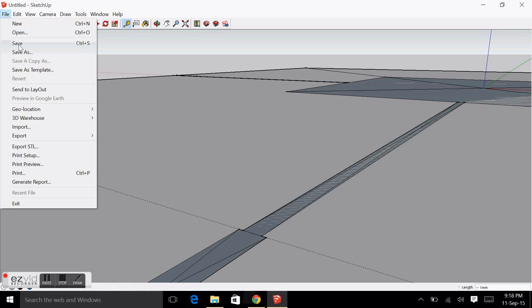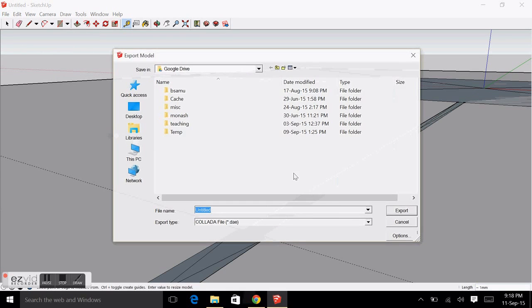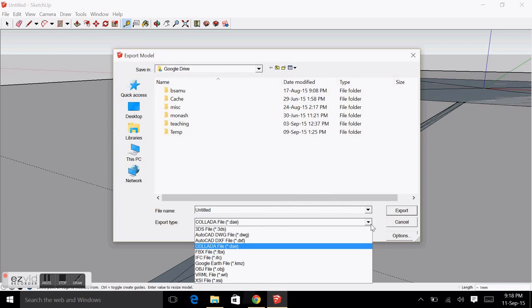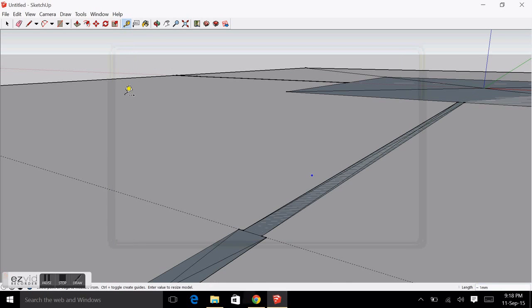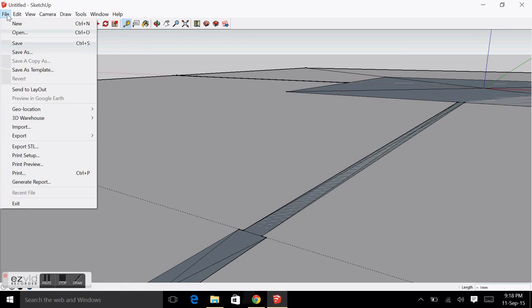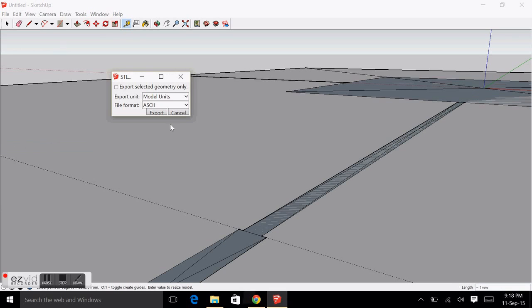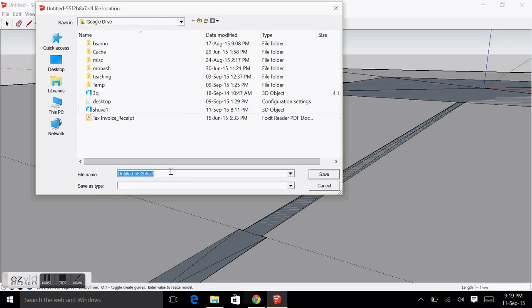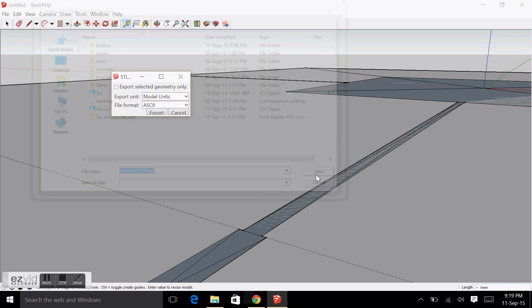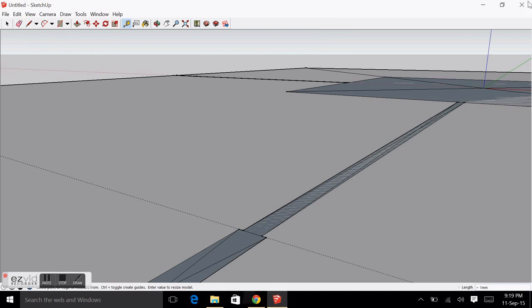So now I'm going to export this design into any format you like, depending on the printer. In my case I have to export in an STL file, so there you go, export as STL file. I will basically save the same thing in an STL file again, and that should probably solve my problem. So I'm saving this. So this is the way you